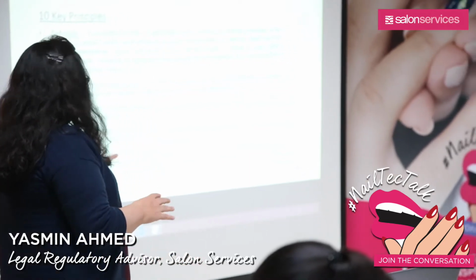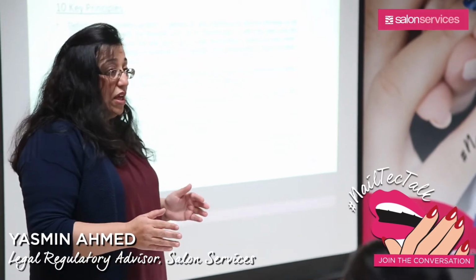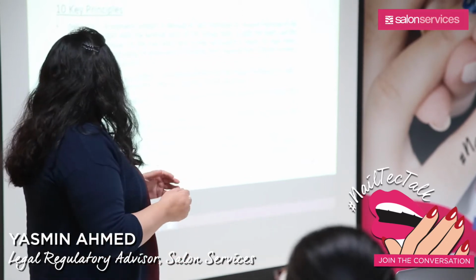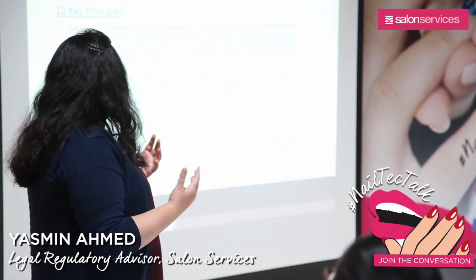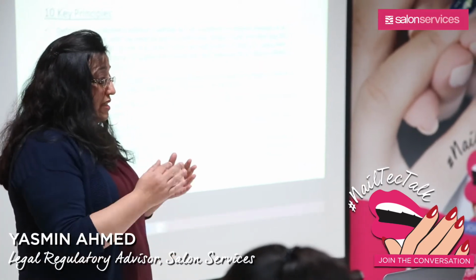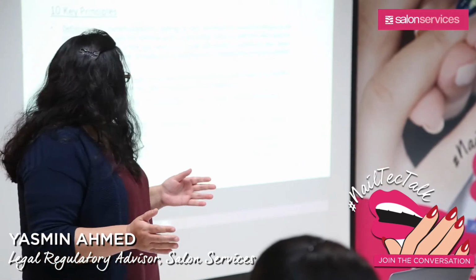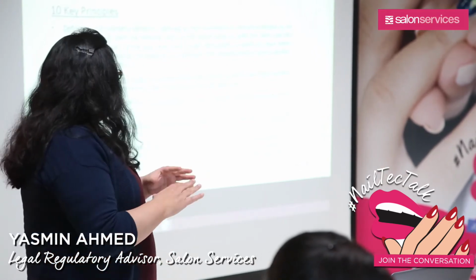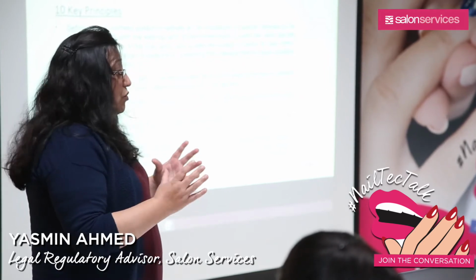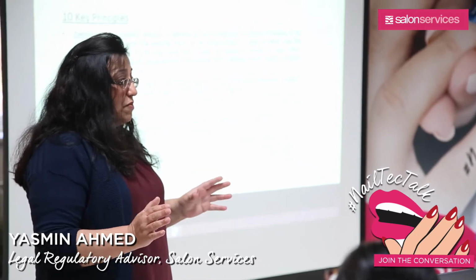In addition to this, there's a whole suite of documentation that the product must have that confirms the safety of the ingredient. This suite of documents is called a product information file, which basically contains a series of documents that prove the safety of the product. The final one that is required, the most mandatory document, is a safety assessment, which actually